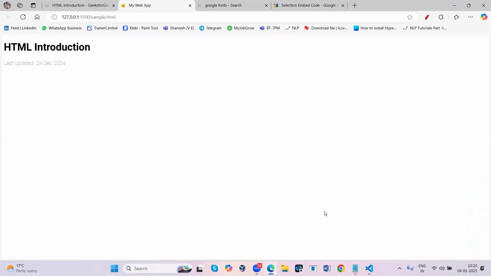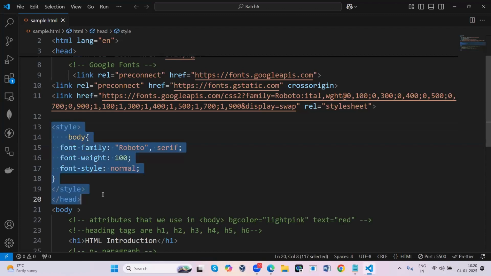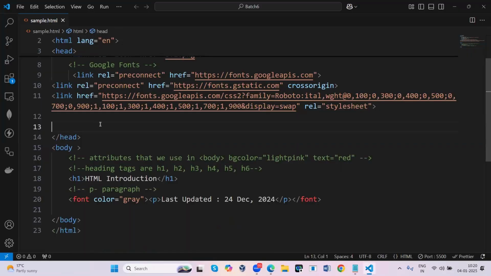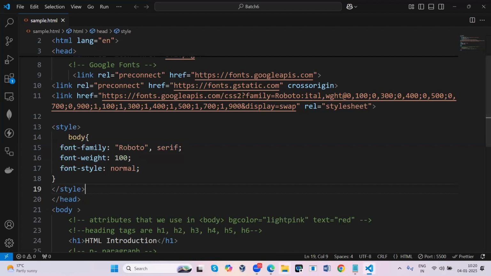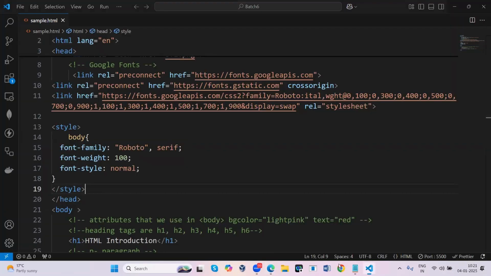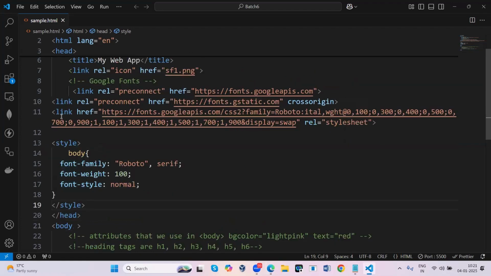If you didn't use this, the text size will be a little different, see here, like this. Now, when you give these styles, the text size and the text style are seen differently. I'm going to explain what all this is.